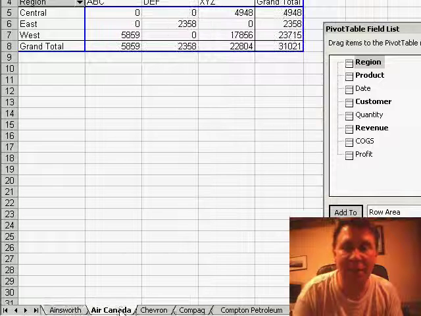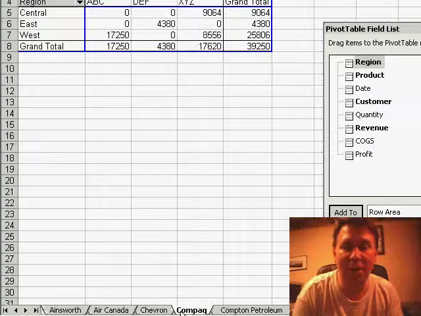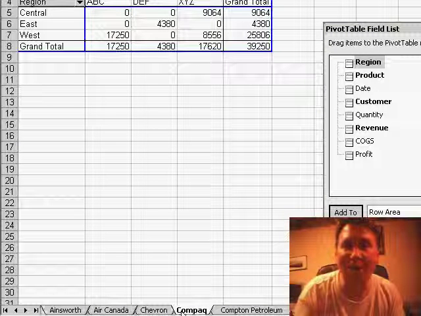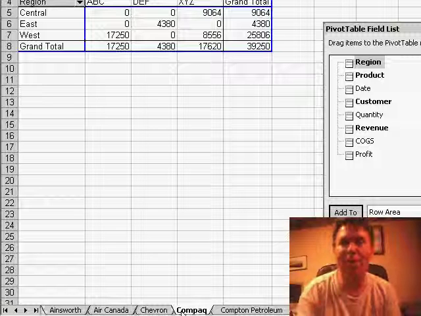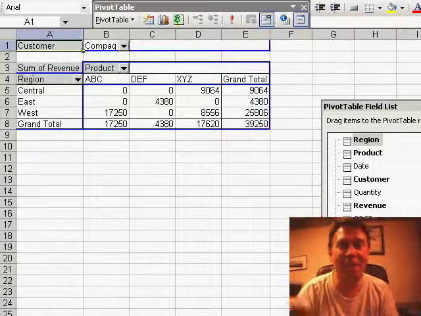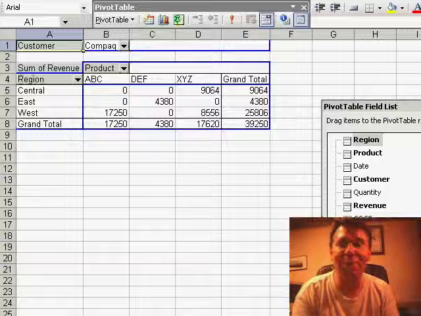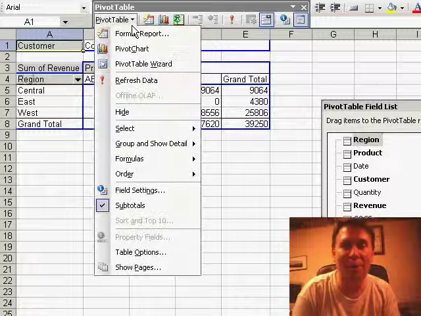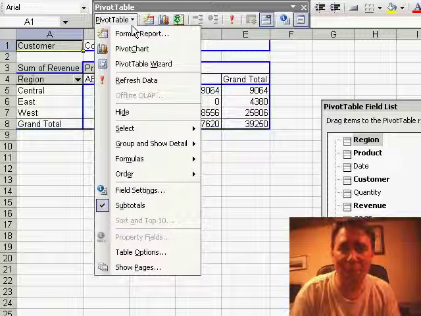customer. So there's Air Canada, Chevron, Compaq, all in just a second. One of the most amazing features I've ever seen. Thanks to Szilvia for pointing it out using the pivot table show pages feature to quickly produce a report for